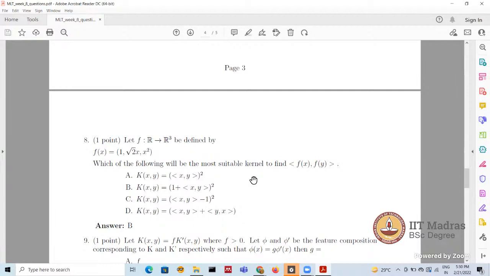So here we have to take x as x and y as x, and we have to expand these to these polynomials. Is it correct? Yeah. Like in the first case, it will be x dot product x whole square. It will be x square to the power of 2. It will be x to the power of 4. I mean, if f of x is a vector (1, root 2 x, x square),